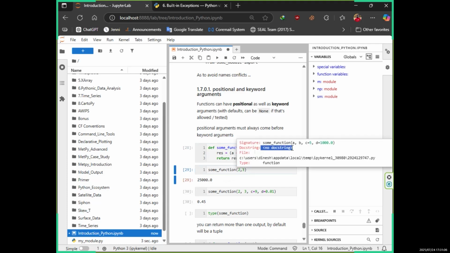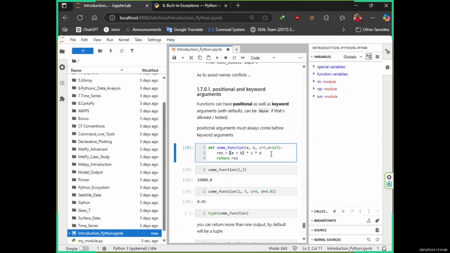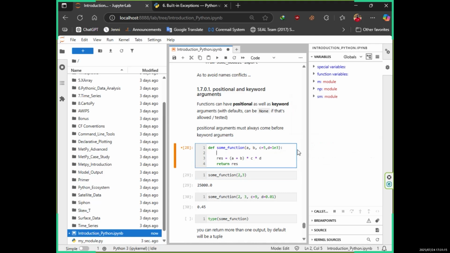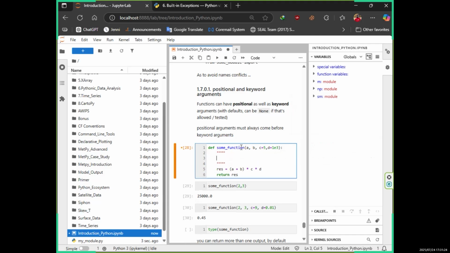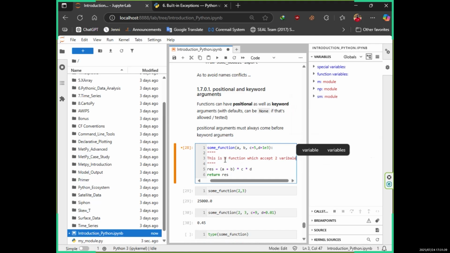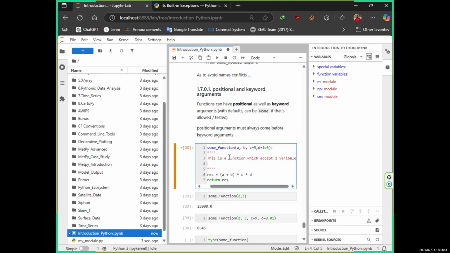So how can we add a docstring into this function? I can click enter, I can put 3 quotes and type in here whatever I need to type. So this is a function. Blah blah blah. I can type whatever. Even if I need to provide an example, I can press enter and say, okay, if you provide something like this, it will return